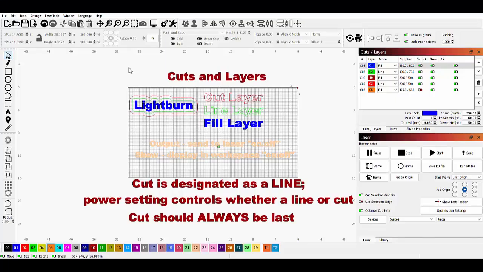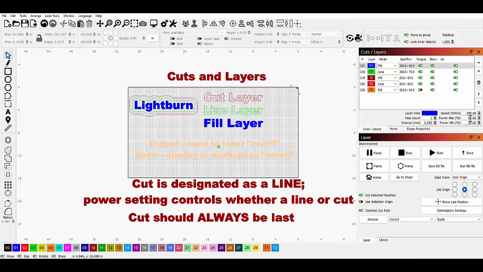Before we move on from cuts and layers, upon my review of the previous segment, I realized that I failed to mention a couple of things. First off, the window that I told you would pop open whenever you double click on any of the layers here, you don't really need to open the window. We have the settings right here in this little small window. I just like it because it's easier to see rather than using the little small section here, but you can